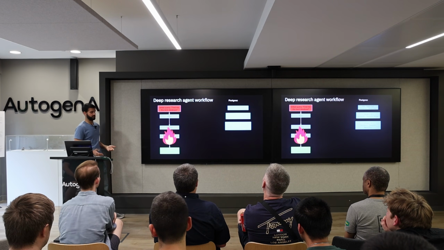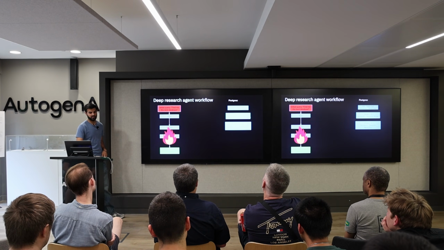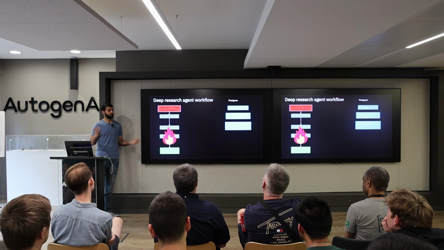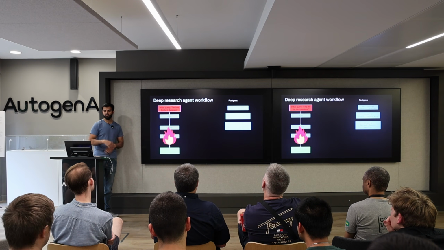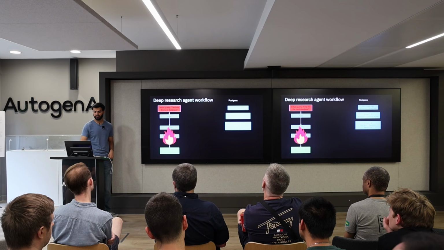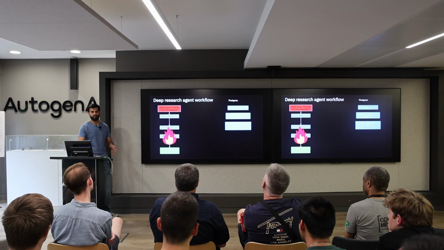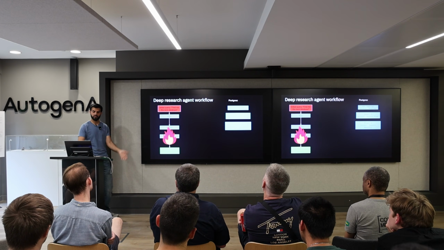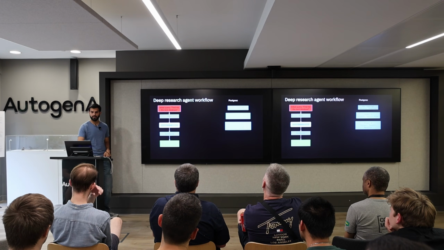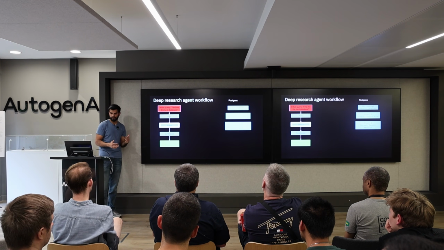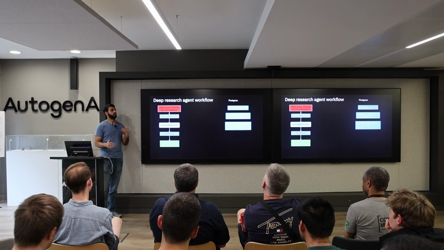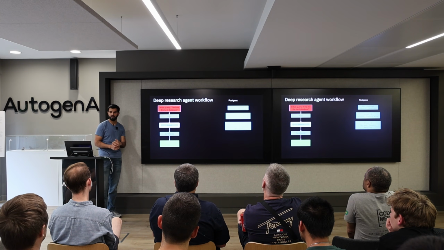And for whatever reason, between search and synthesize, it just fails, right? There's a network outage, there was a hardware crash, and then maybe a few minutes later, your application comes back online. Because everything is checkpointed into the database, your worker goes there and says, okay, there's a workflow that's pending.